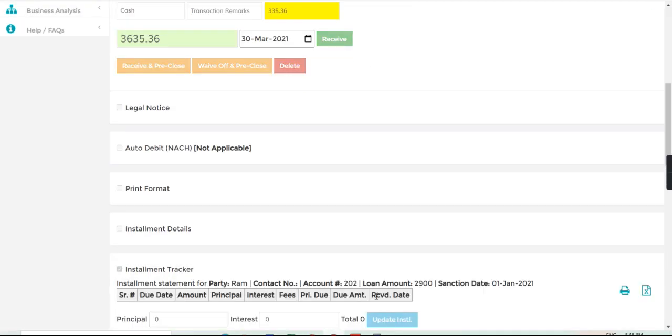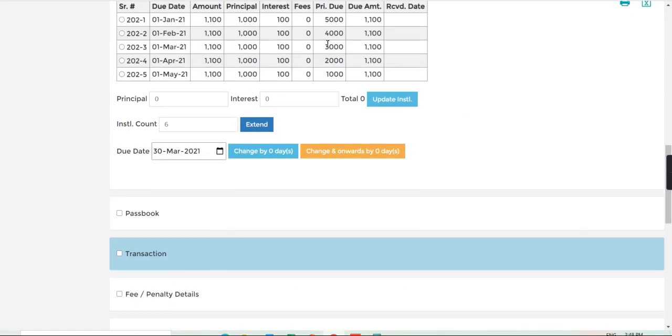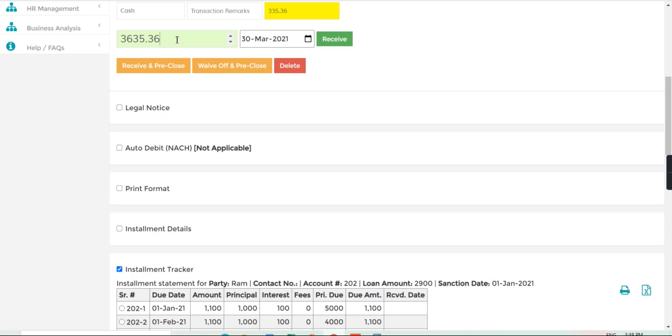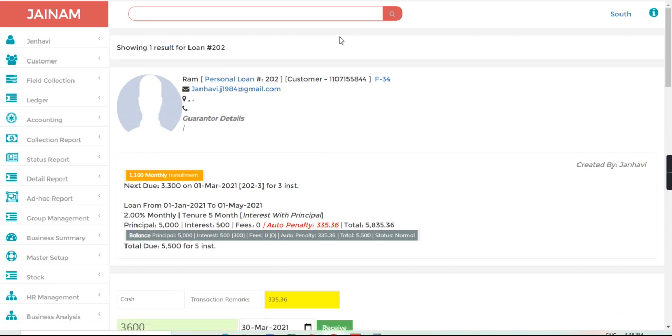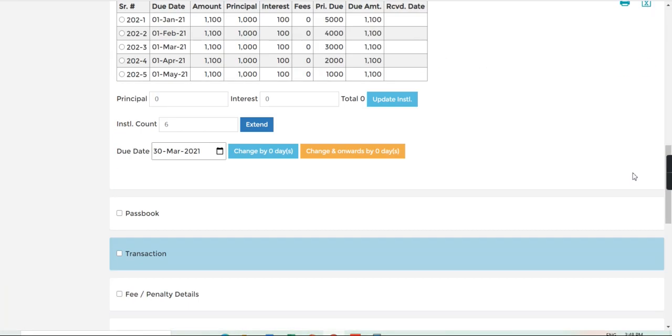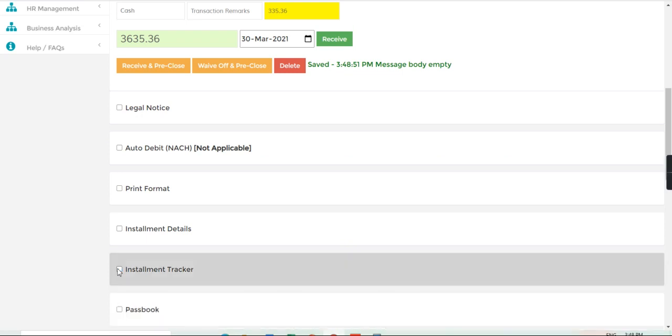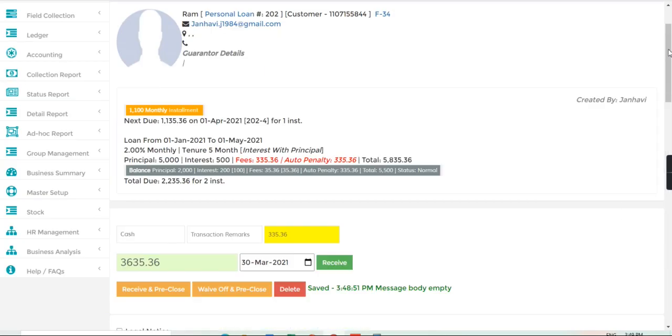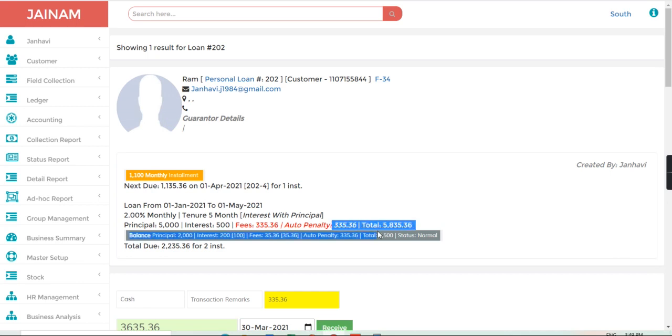If I check the installment tracker, here you can see there is no penalty and no received amount. So I will receive now. For example, let's say 3600 and click to receive. Now refresh the installment tracker. Here you can see 335 is the penalty amount and the due is 1135. So according to our requirement, we can change the penalty and the